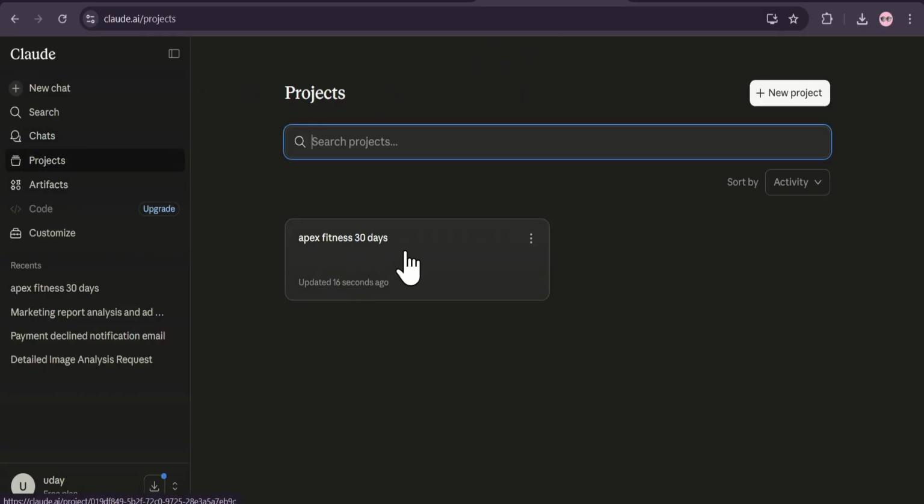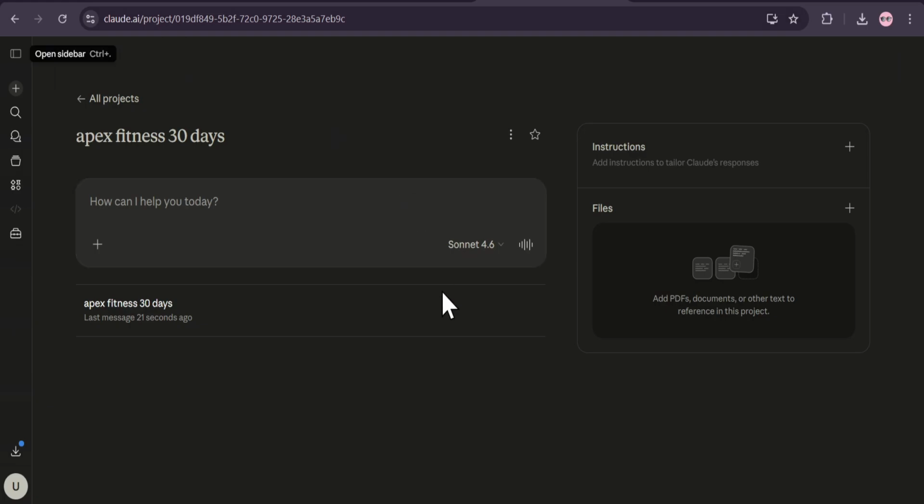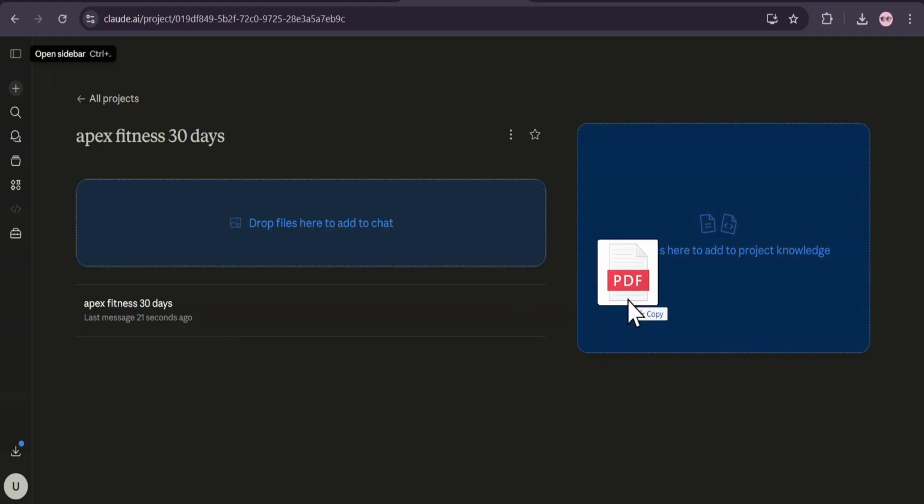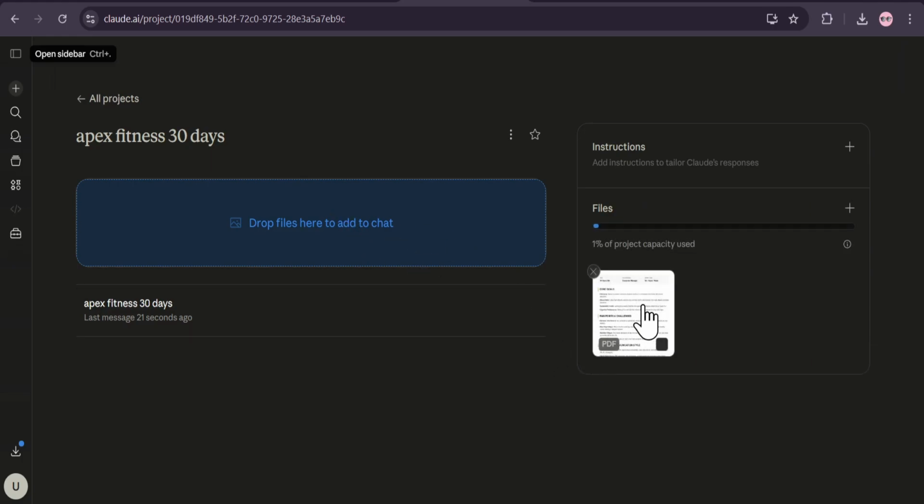Now let's open that project from our left sidebar. Inside, you'll see our 30-day plan is already saved, but to make this project truly powerful, we need to feed Claude more context. I'm going to upload a new PDF file, a target audience persona I created earlier, detailing our ideal customer, a busy professional named Sarah. By adding this to the project knowledge column, Claude will now remember who Sarah is for every future conversation in